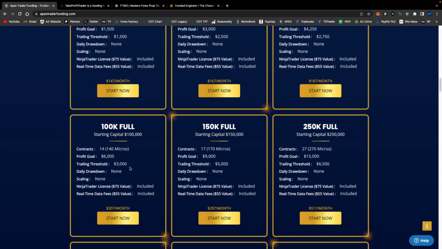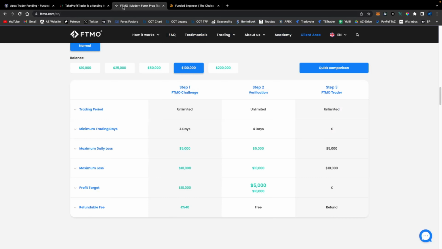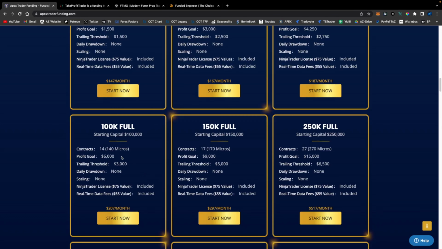So you can already see how much easier in reality a CFD challenge in itself is. You have 7% more drawdown available, and you only have to make 2% more. And really, you shouldn't be too worried about the profit goal, because simply said, passing an FTMO challenge with a maximum loss of 10% is much easier than passing an Apex funded account where your profit goal is 6%, but you can only afford to lose 3% overall.